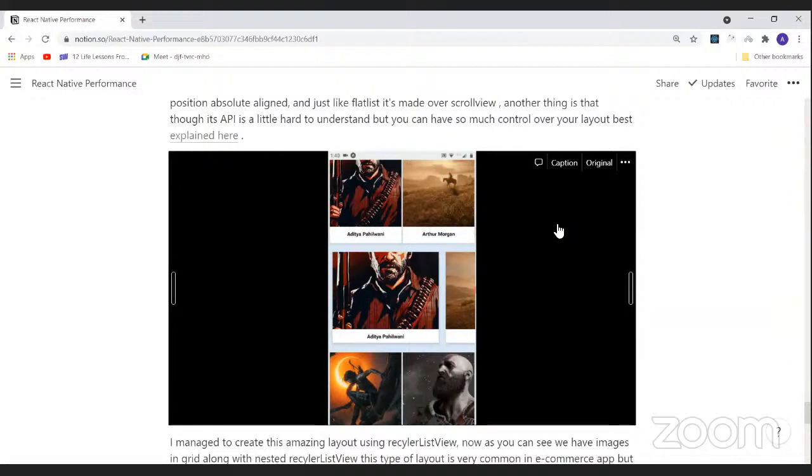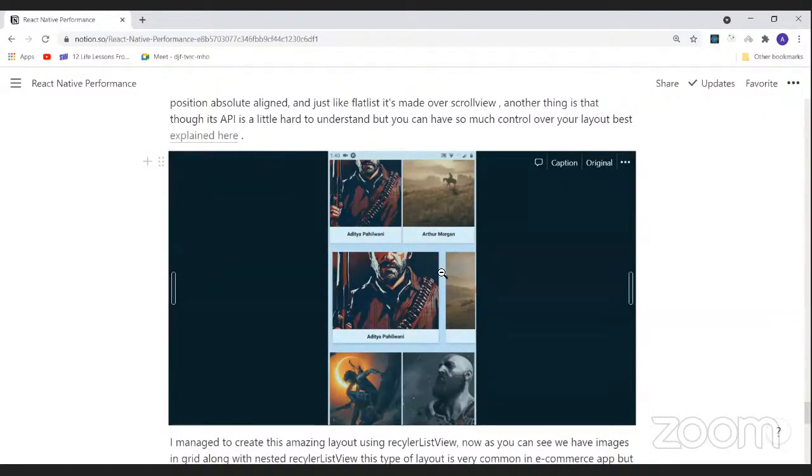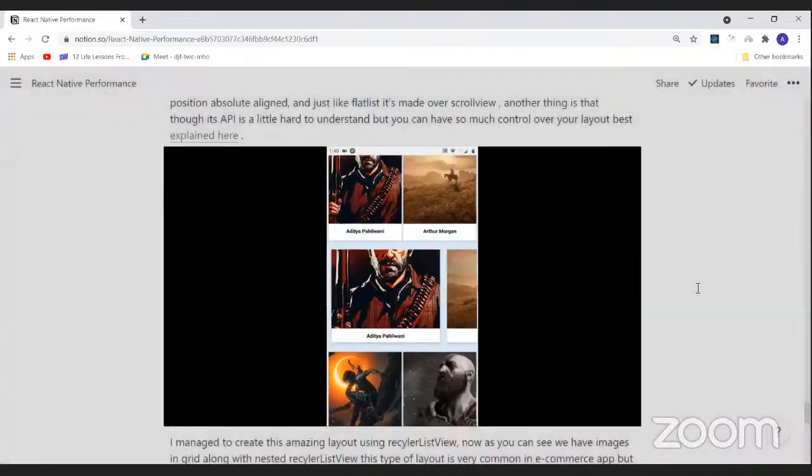As you can see, this same layout cannot be made with FlatList, because FlatList will either create a grid using number of columns, but RecyclerListView, as I said, positions everything absolute. So this kind of layout is very easy to achieve with RecyclerListView, and it's very performant too.